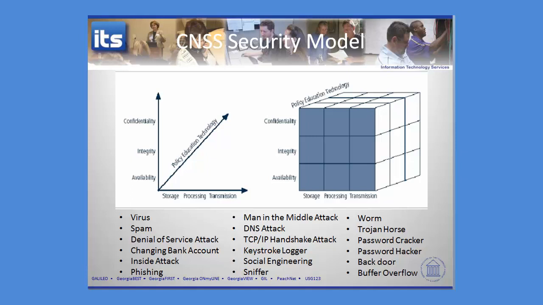Trojan Horse is just like the Greek story. A Trojan Horse is a piece of software that pretends to be something else, pretends to be something useful. It's a program that may flip your screen or solve some problem for you or run some silly animation, but in the background, while it's running that silly animation or flipping your screen, it's also attacking your computer. So that's what a Trojan Horse is.